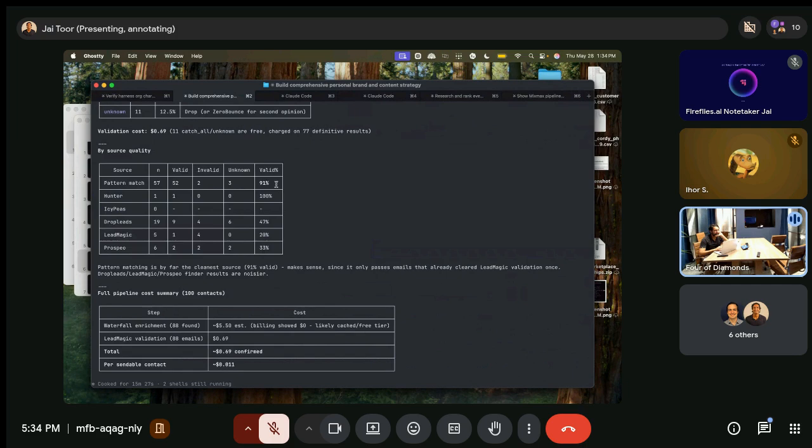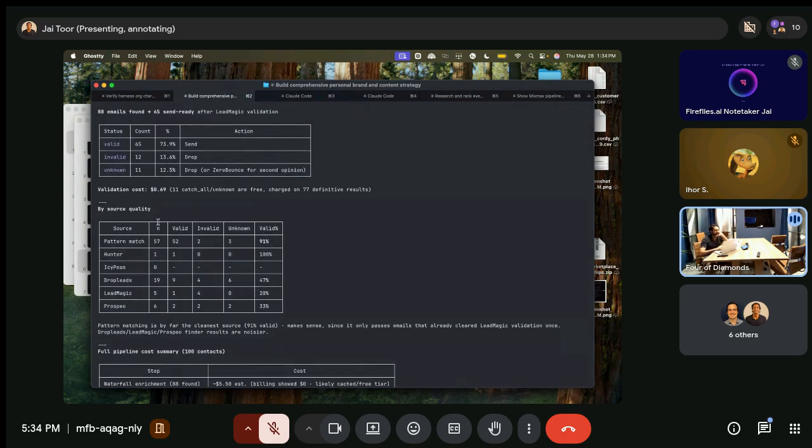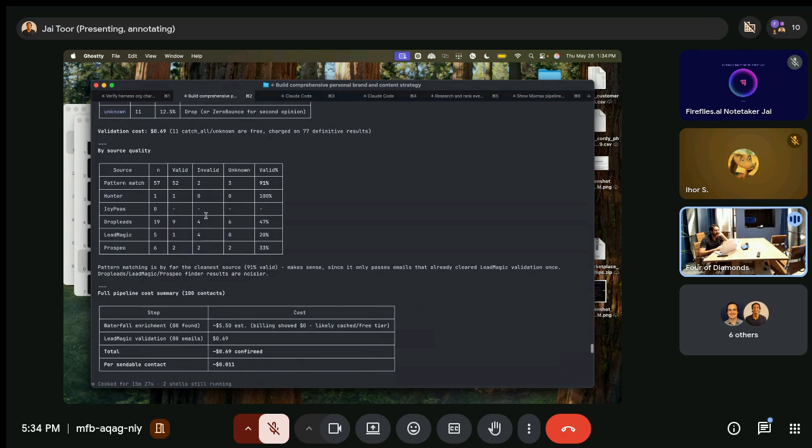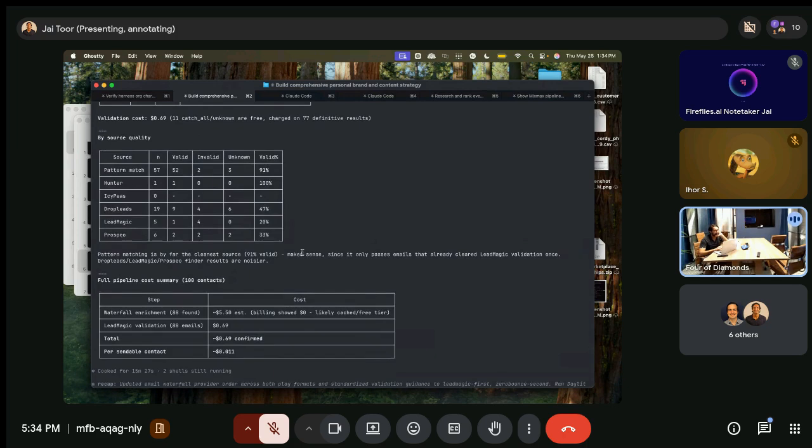Because the cost values are pretty impactful. And then it will go down the waterfall and see where we're getting them and what the invalid rate was. What we were checking here for this particular data set was an ICP definition of mid-market CFOs. And we found that the drop leads data was actually getting much higher invalids and unknowns than it does on the average person. So it generally does well in standard B2B SaaS, like big tech, but it does not do well in mid-market, less commonly targeted companies.